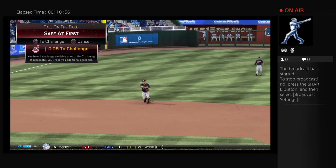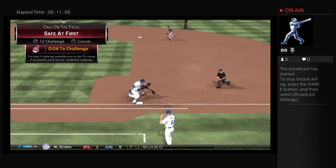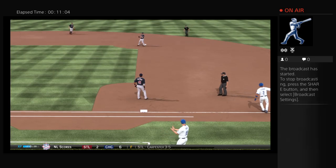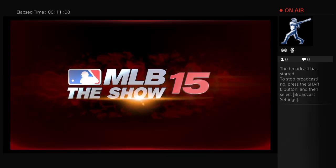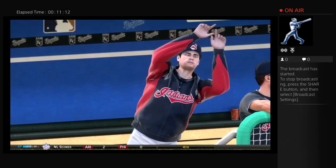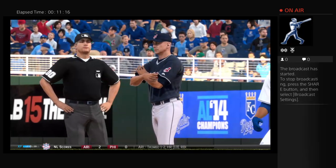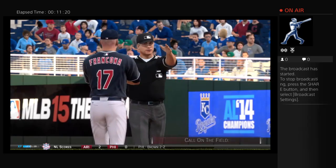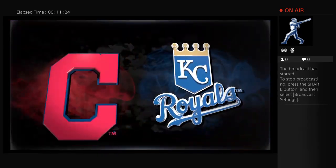Yeah, I wasn't so sure about him being safe either, but here's one more look at it right here. Tough to tell for sure from that angle. We'll have to wait and see what the signal is from the dugout. So here's the signal from the bench, and they will indeed ask for the play to be reviewed. So the umpires will get on the horn with the replay operations center in Manhattan and attempt to get a definitive answer on this play. The Indians have elected to...